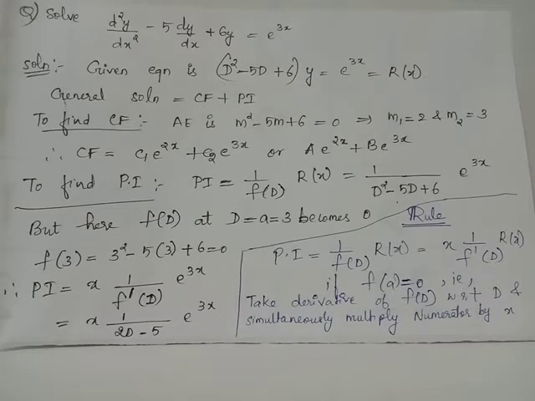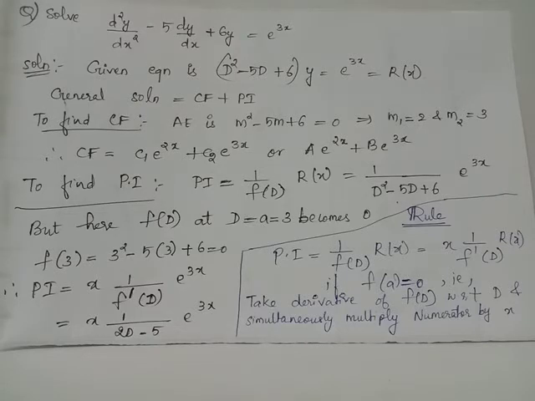Solve the differential equation d square y by dx square minus 5 times dy by dx plus 6 times y equals e raised to 3x. Notice that this differential equation is non-homogeneous type because we have the RHS, which is r of x, non-zero. That is, e raised to 3x, which is a function on independent variable x, is a non-zero expression, and hence